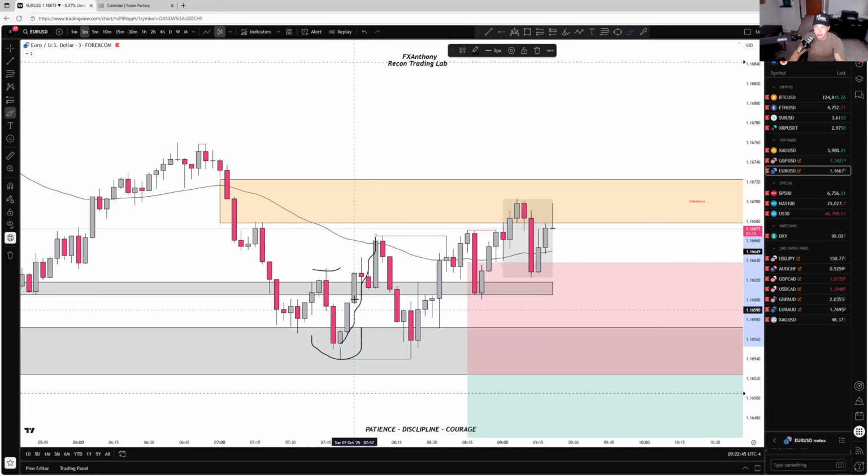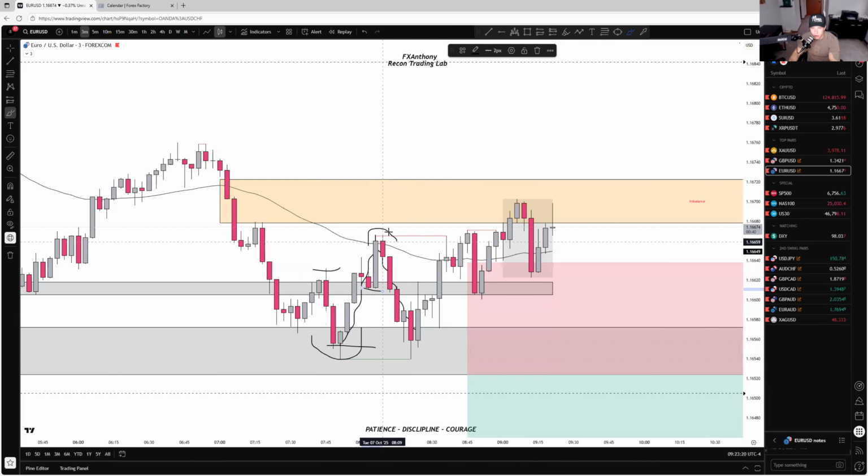3-minute. Let's watch the 3-minute grow for us. Pullback. Failed to create the lower low. Now, one thing to keep in mind. Price actually went bearish. How? Inducement, BOS. Okay. Once again, inducement, BOS. Higher high, higher low. Price broke, creating a BOS, creating a lower high and a lower low.